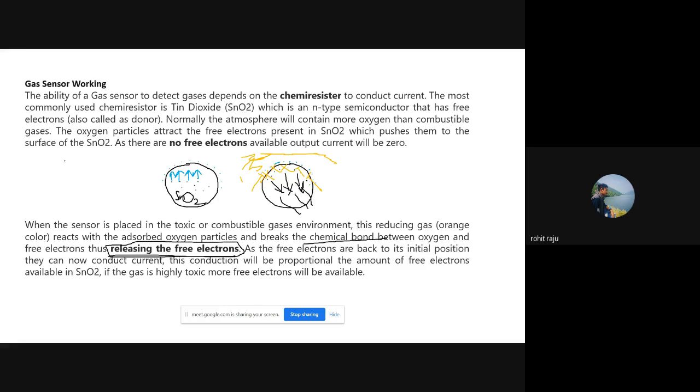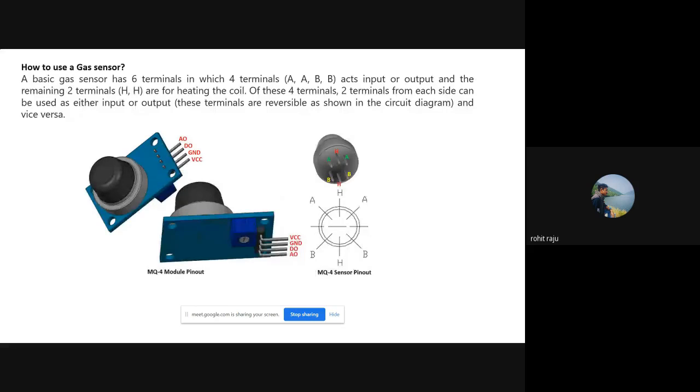Actually, you need not study too deep because we are not manufacturing a gas sensor. We are engineering. I mean, we are trying to put this gas sensor to use. So you need to know how to make those connections and all. Let's see how to use a gas sensor. This is how a gas sensor looks in real life. See, this is the mesh we have on top of it.